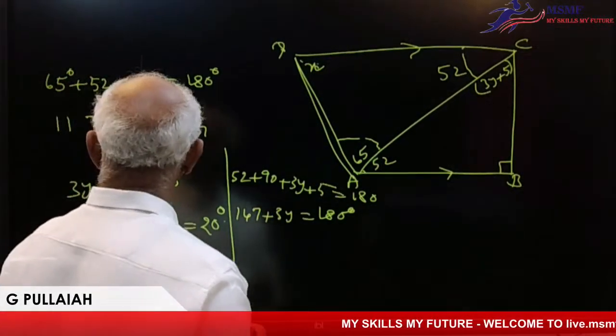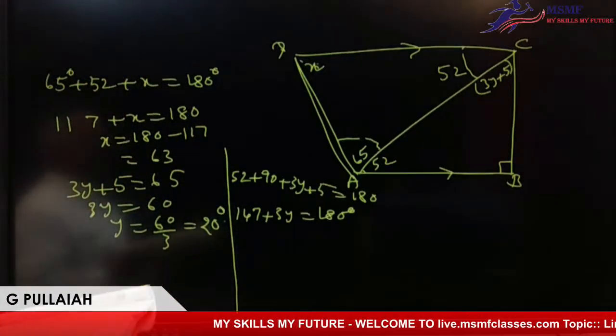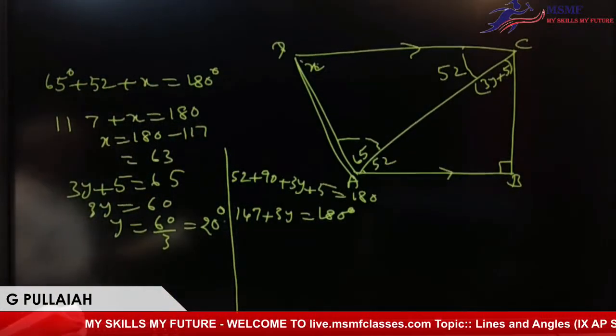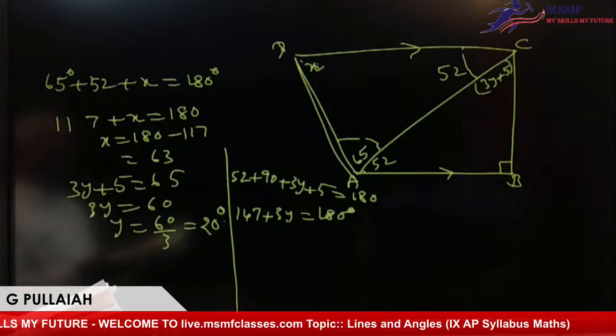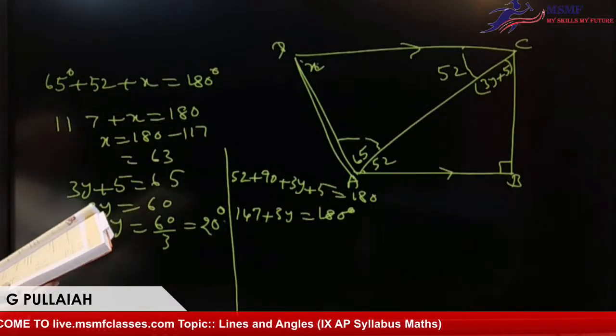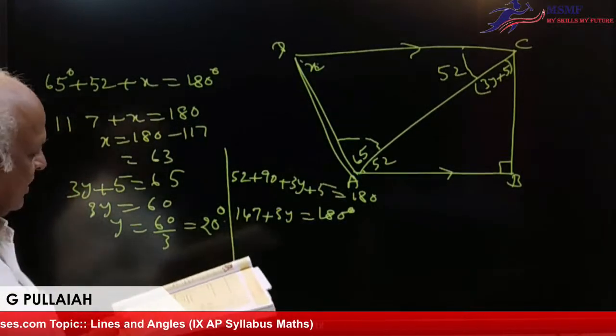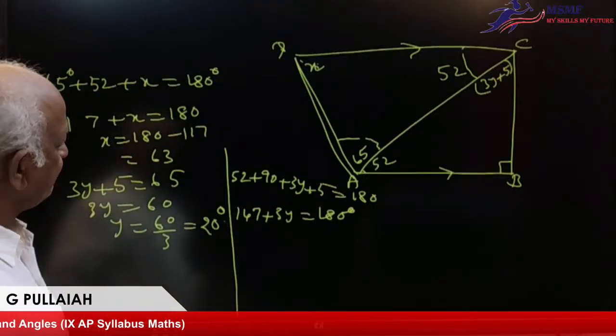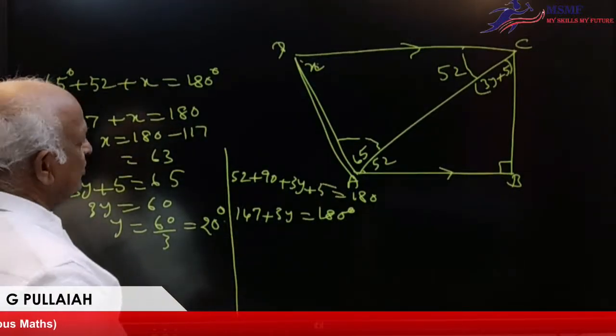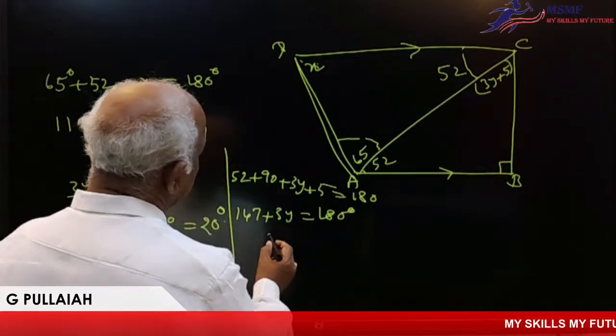3y plus 5, alternate angles, is equal to 60. Okay. So now here angle, and then we can say here